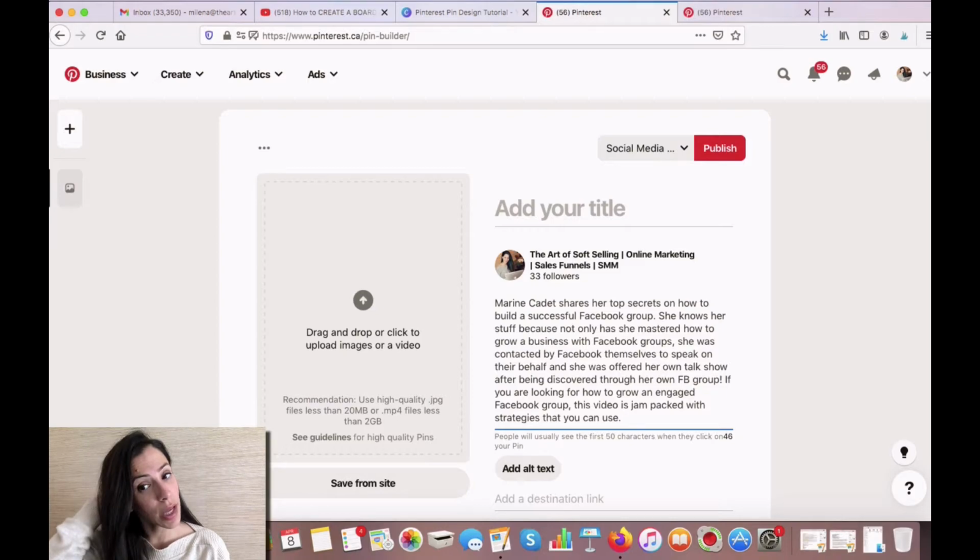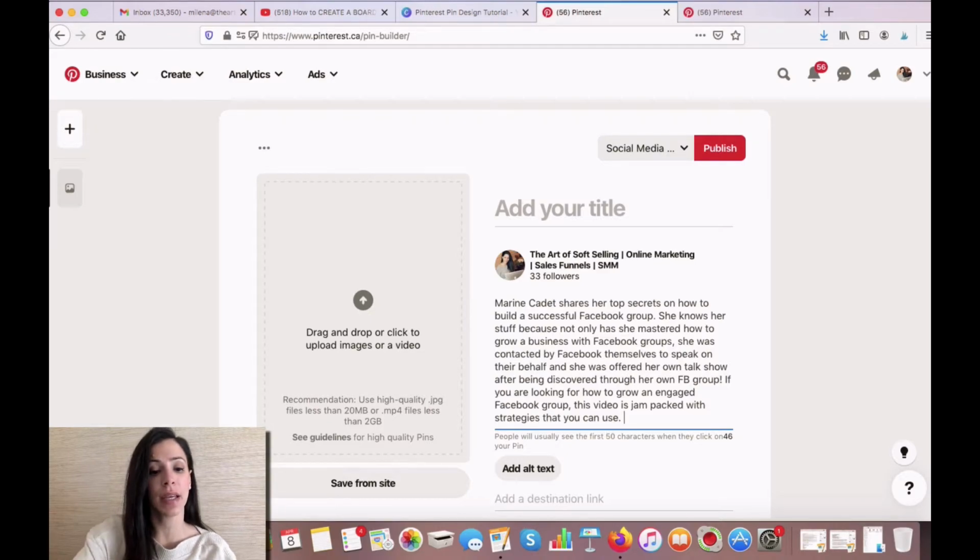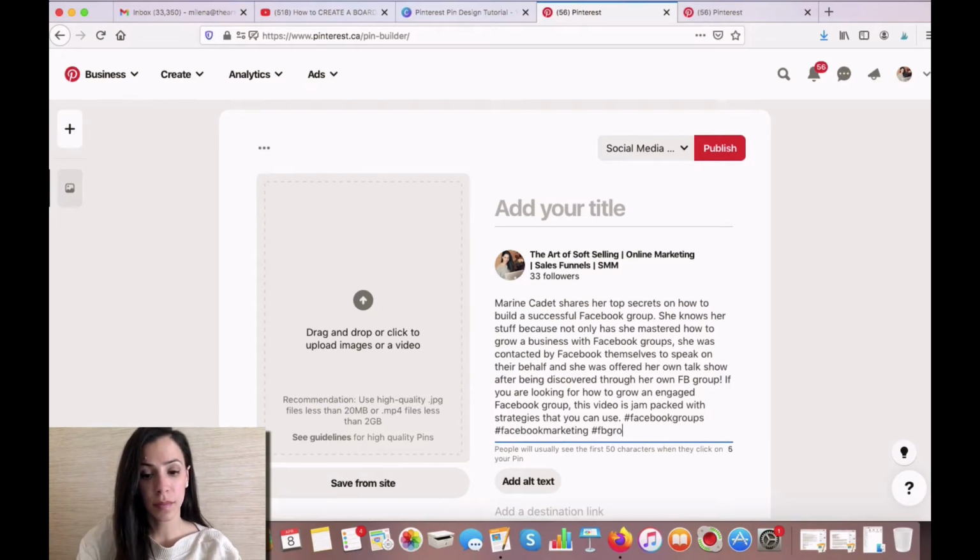Okay, so I just took that away because essentially I just want to add a couple of hashtags. A hashtag that I would want to add is something like hashtag Facebook groups, hashtag Facebook marketing, and hashtag FB groups. So if anyone's searching any of those hashtags in the search bar on Pinterest, that is something that could potentially